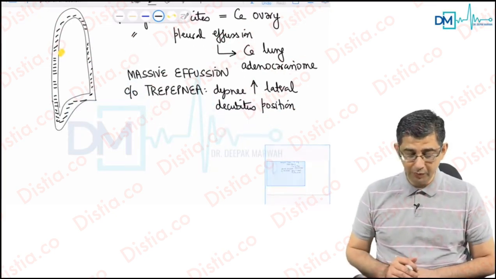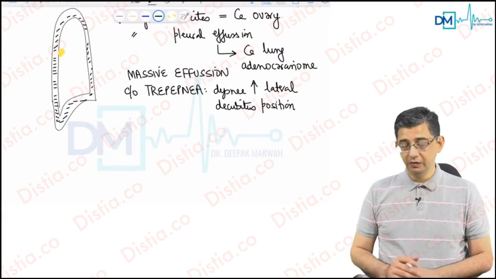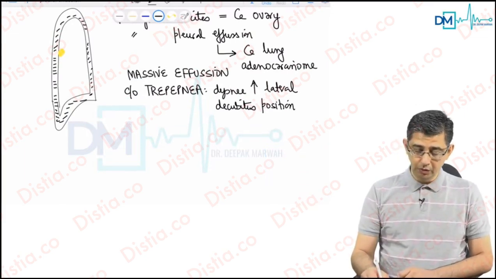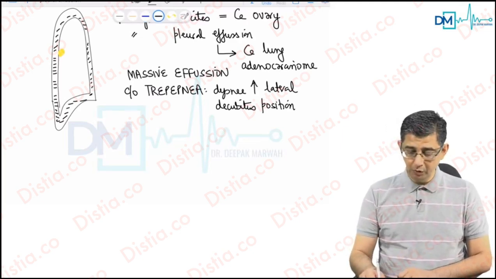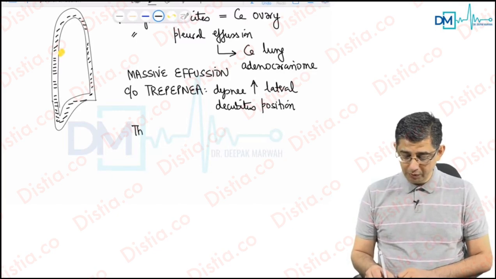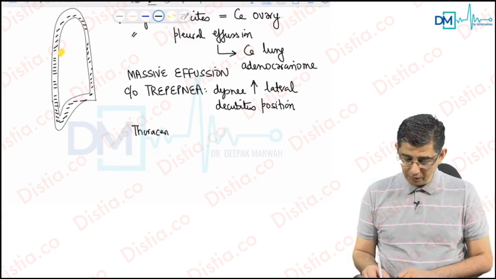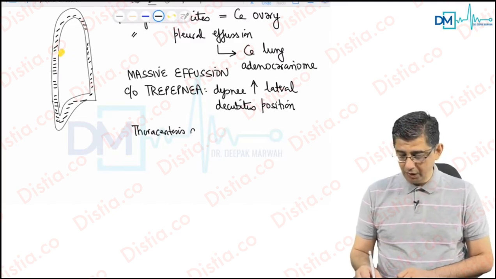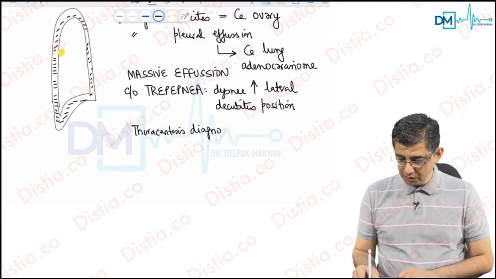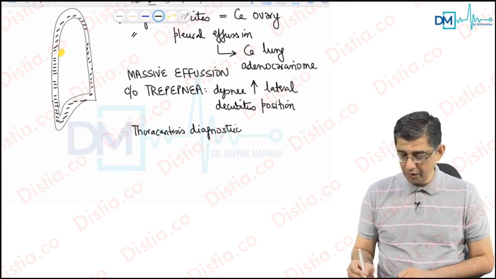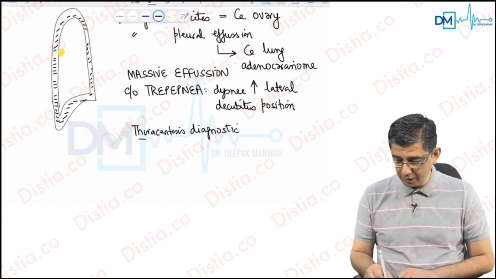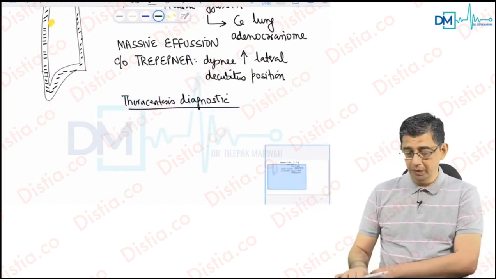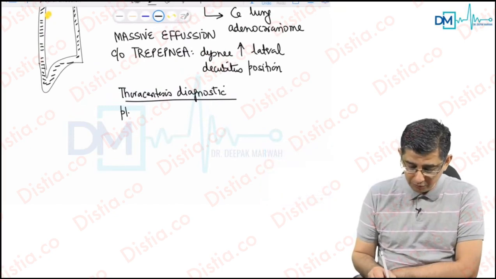Therefore, for management of this patient, I'll obviously do a thoracocentesis as I explained to you. The good news is that with the help of thoracocentesis in this individual, we will definitely be able to remove the fluid, but the problem is the fluid in this case will come back. I have performed a diagnostic thoracocentesis in this individual. I've sent it to the laboratory where I will be able to evaluate whether it is an exudate based on Light's criteria. What I mean by Light's criteria is that you would be checking for the